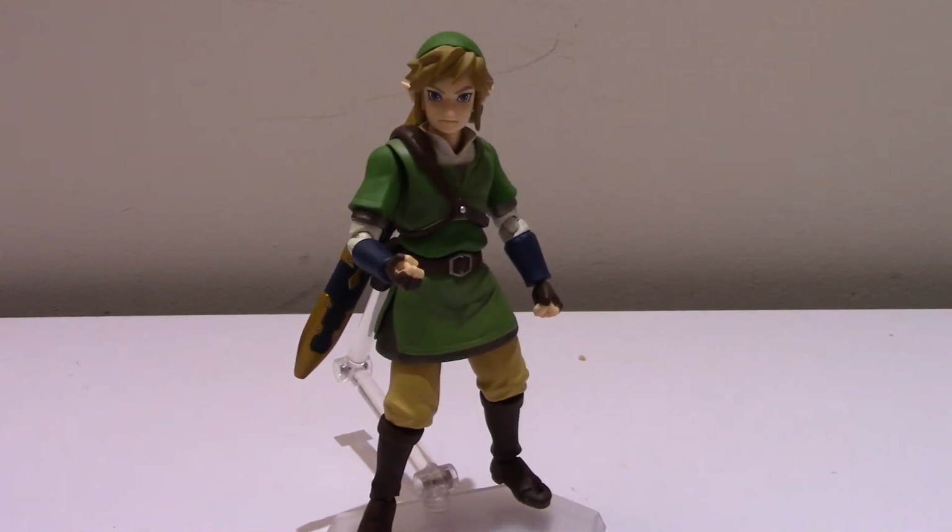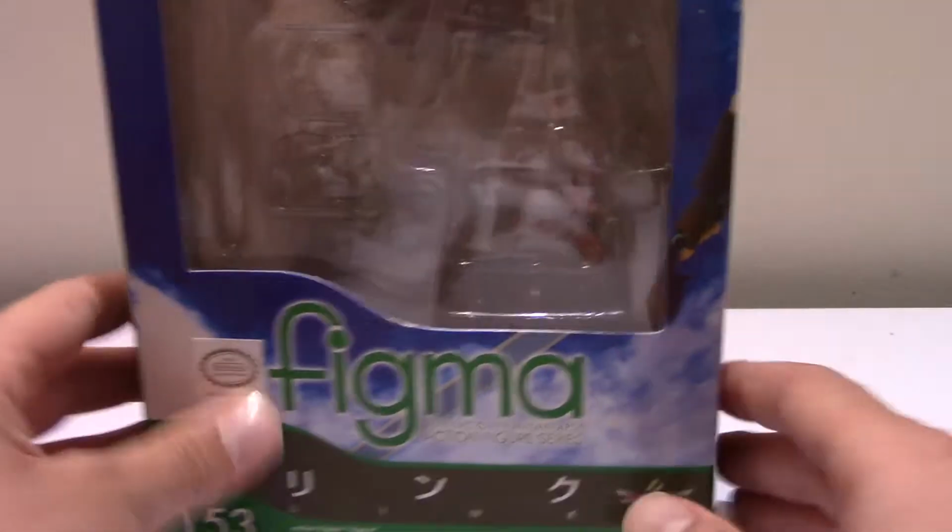So this is probably one of my favorite figures that I own, simply because it comes with some super cool gear. It's got a lot of articulation, and its quality is right up there with S.H. Figuarts. So before we actually get into the figure, I'm going to show off the packaging, which really isn't too